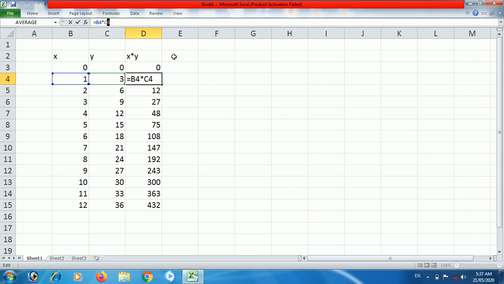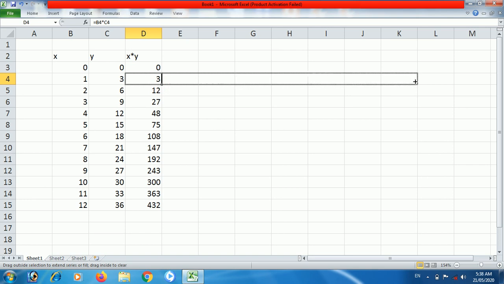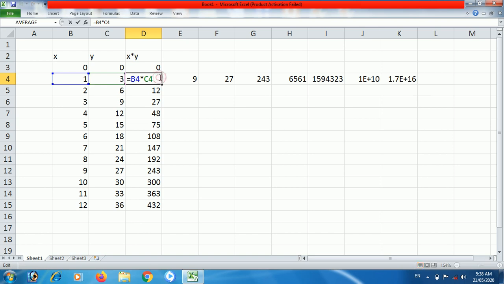Here B4 C4 is there, then in the next cell B5 C5 numbers are there, and if I click in that cell, those cells get highlighted. B5 is the blue and C5 is the green one. I can drag this formula to the left side also, horizontally, as we dragged it vertically. And here column numbers will change. Here B4 C4 is there, and when I go to this one, it will be C4 D4.